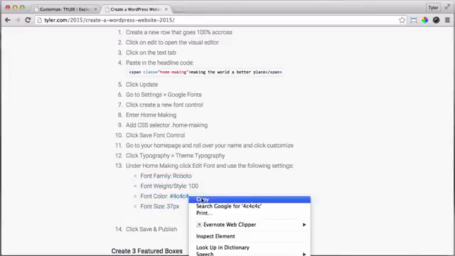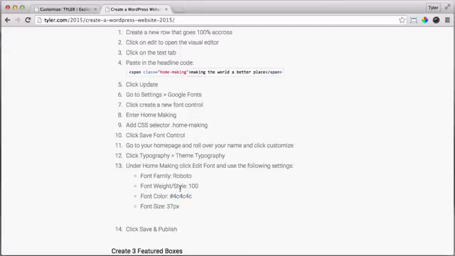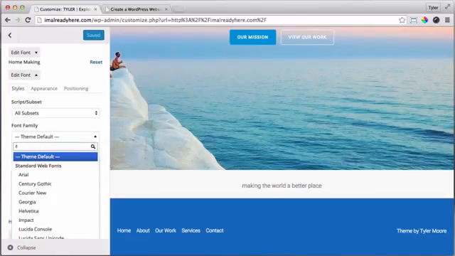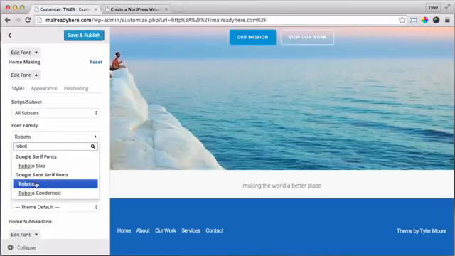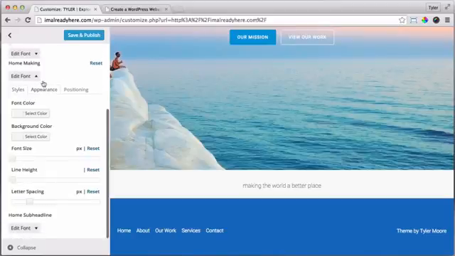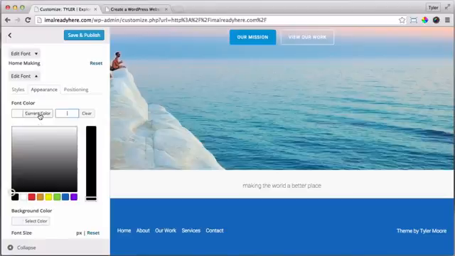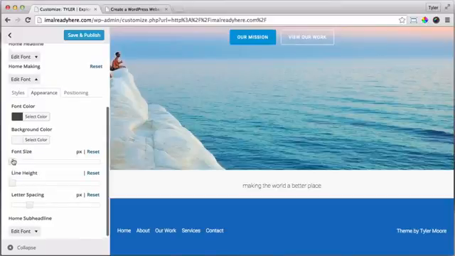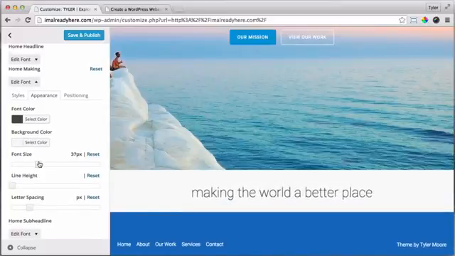So we can see the font family, Roboto 100, the color, and the font size. Let's copy the color. So let's type in Roboto here. Font weight is 100. That's great. The font color, we have it copied, so let's just paste it in here. That nice gray. And then the font size is 37 pixels. All right, now it's looking much better. So let's click Save and Publish